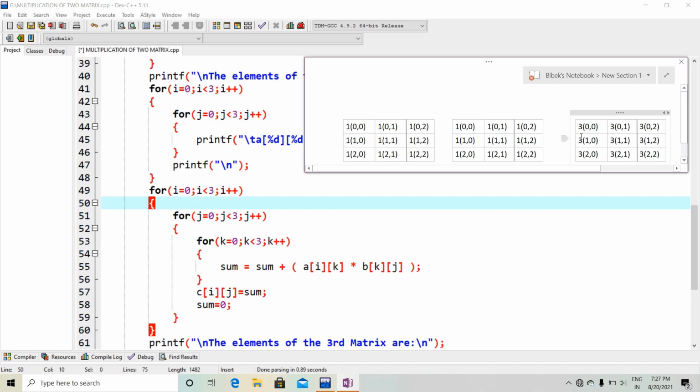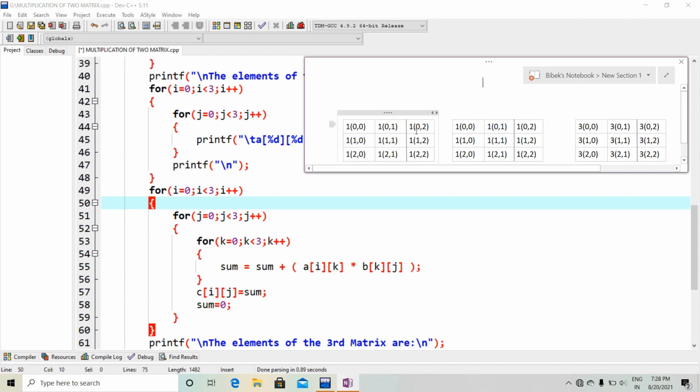You all know the mathematical rule for matrix multiplication. That means we have to multiply the rows of this matrix with the columns of the second matrix.